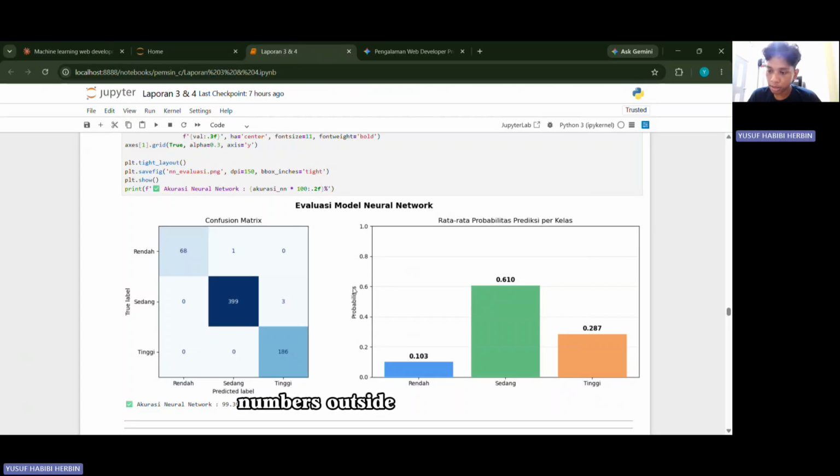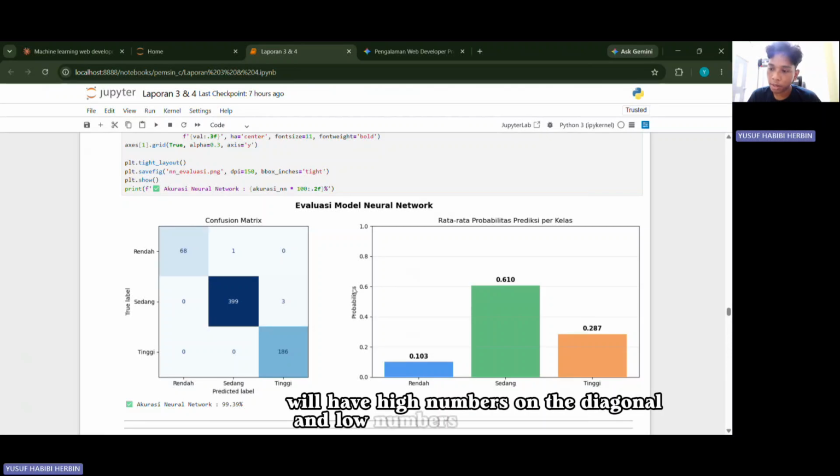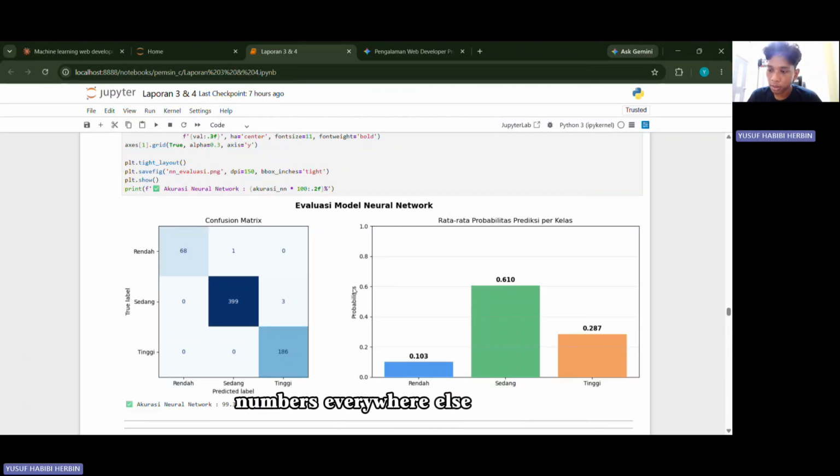Numbers outside the diagonal are mistakes. A strong model will have high numbers on the diagonal and low numbers everywhere else. We also display a bar chart of the average prediction probability for each class to see how confident the model is.